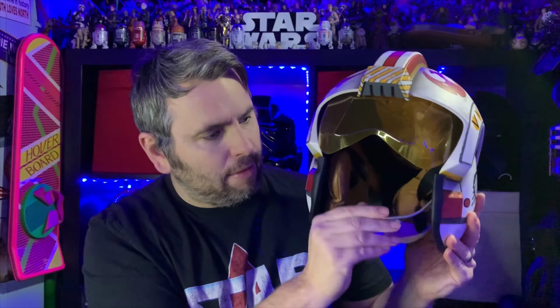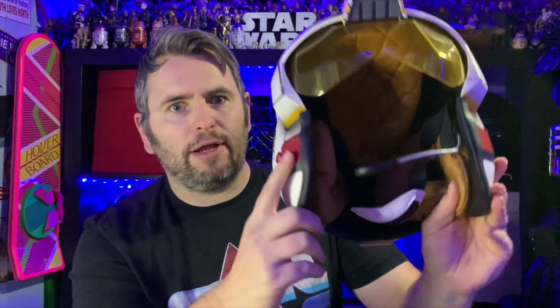Number 3 on my list is the Luke Skywalker X-Wing helmet. And this is really a dream helmet for me. I love the design of this helmet. And Luke Skywalker is my favourite character as a kid, so I just love this helmet. Again, it's exactly the same helmet as the Wedge Antilles helmet, so you can see the visor doesn't move. It's got that microphone that moves. It's got the button that when you press...